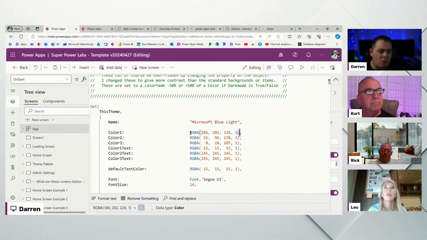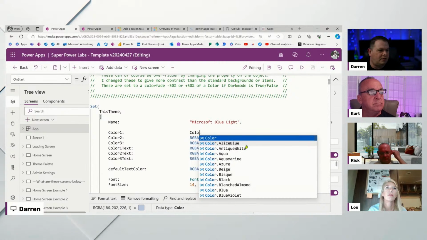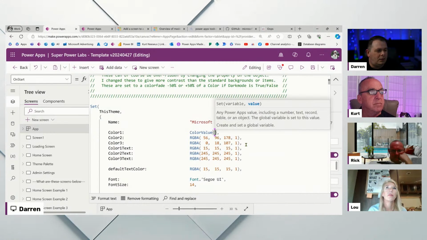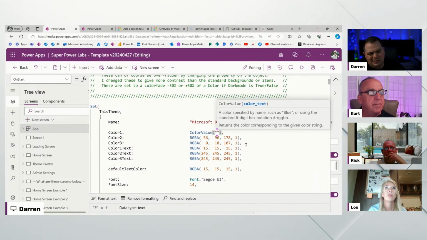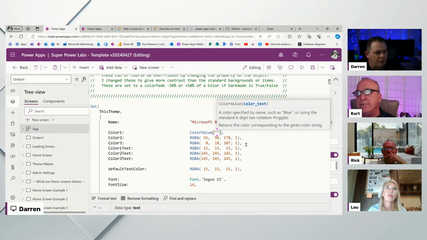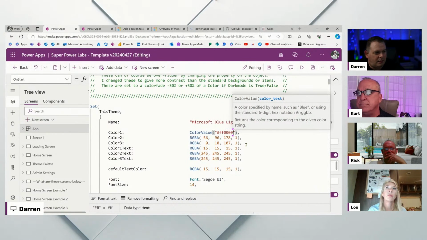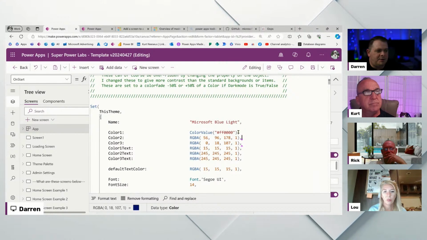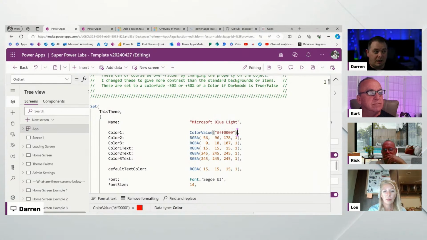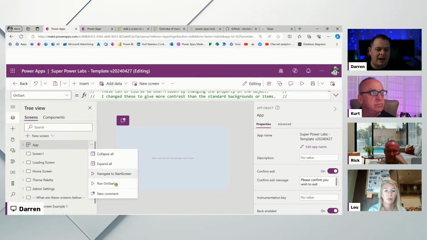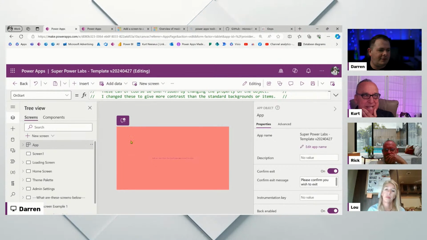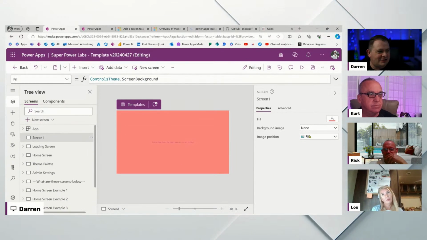Okay. We can define colors in many different ways. So if I said color value, Kurt, you've got a good video all about color. Let's do something like, if we want red, there's the red, and we'll use zeros for everything else. I'm curious if that is the color that determines any new screen's fill. So in order to test that out, I'm going to say app, run on start. Okay. Now that's not a pure red. It looks like it's taking